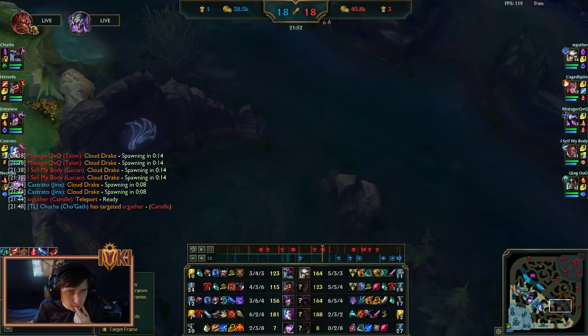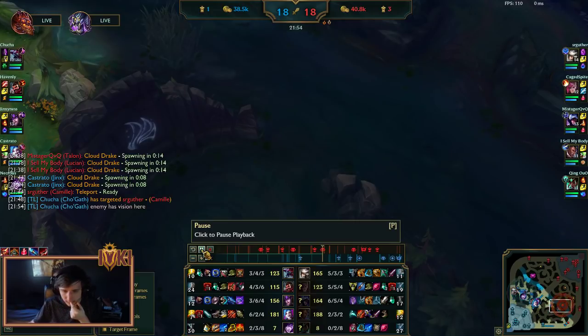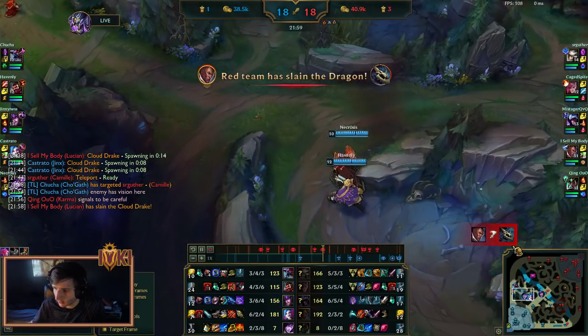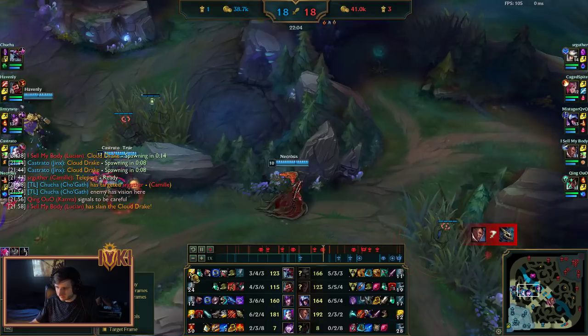It's not an Infernal. This is an air dragon, it looks like, right? Where do you see which type of dragon it is? It's a water. Cloud. Alright,